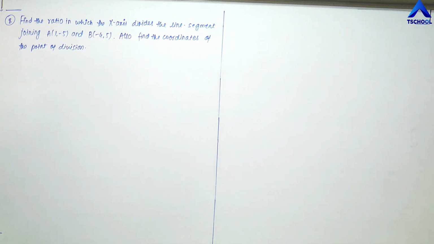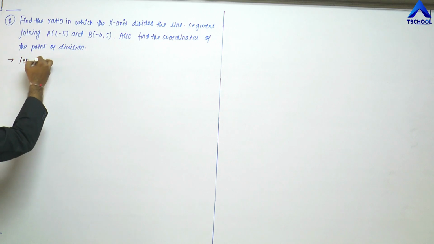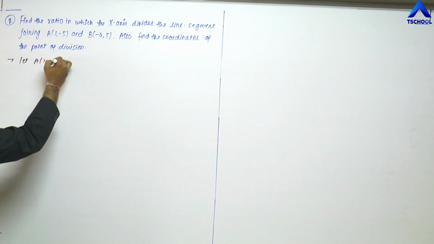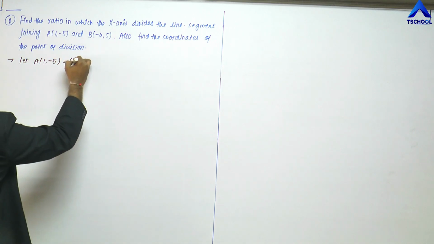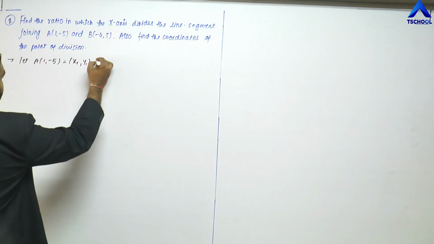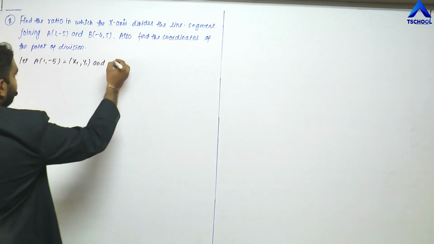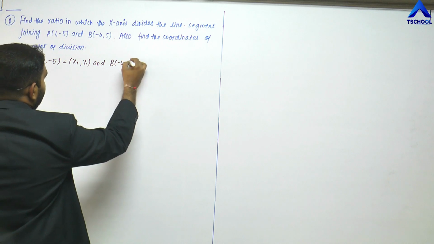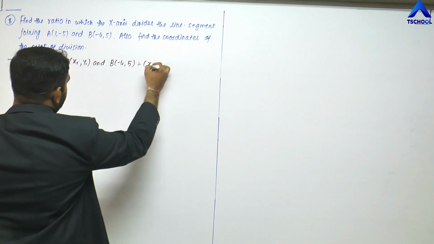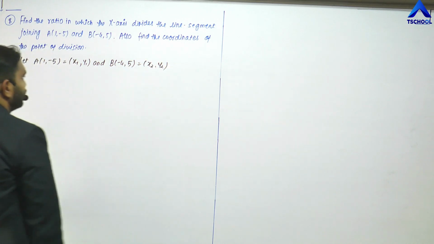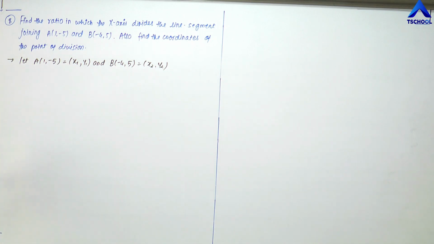So let the given points A and B be given. So let A 1 comma minus 5 is equal to x1 y1, and B minus 4 comma 5 is equal to x2 y2, and